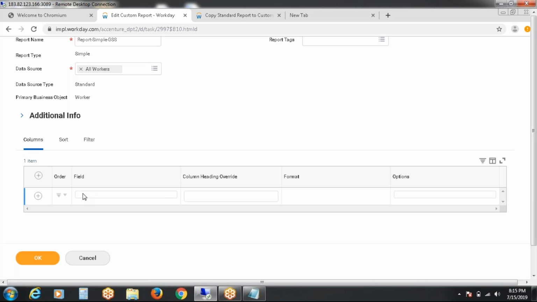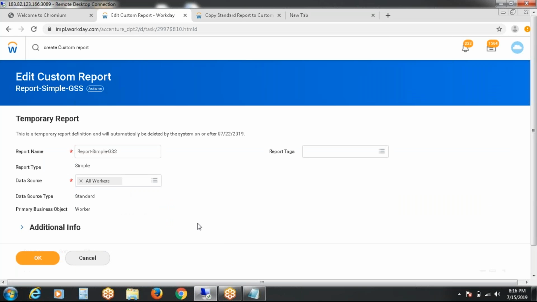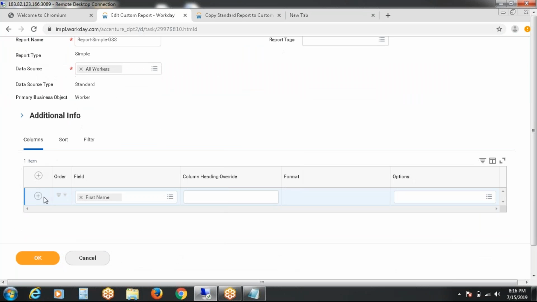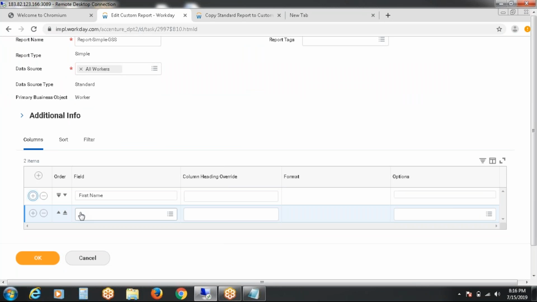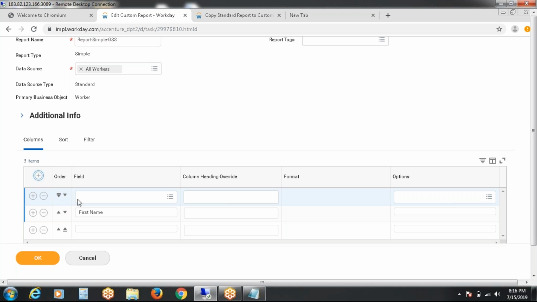So columns are nothing but whatever data you would like to extract, that data name you will call here. For example, I would like to call the first name of an employee. Select first name. If you want to add rows below the first name, you need to click here beside the column field, or if you want to add a row on top, you need to use the add row option here.